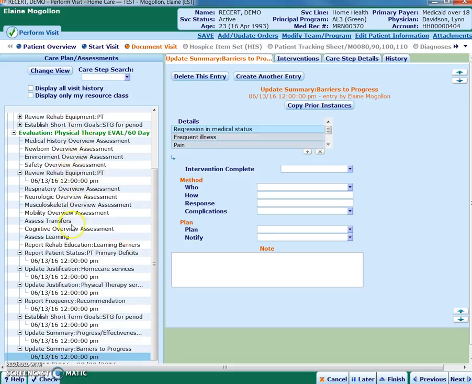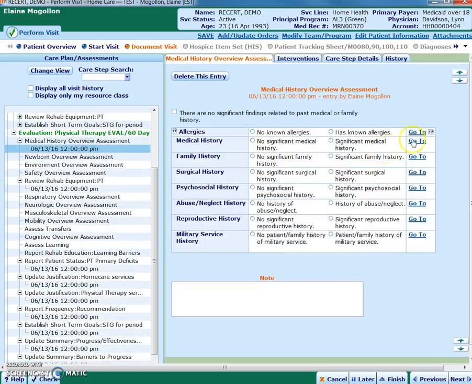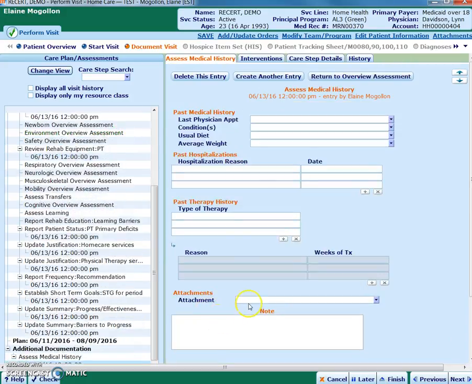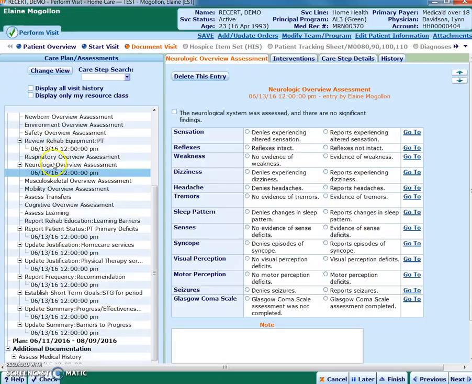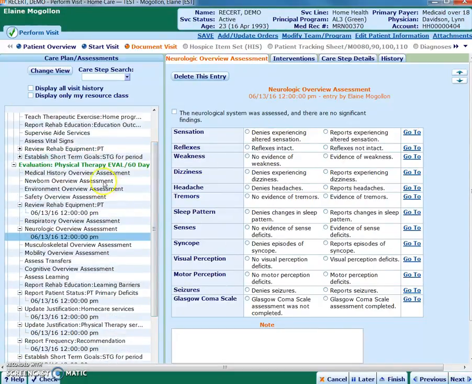All of the overview assessments are here and available for you to document on if there's been a significant change. If the patient just had surgery, you should come into medical history, hit the go-to on medical history, and put an update about what's going on with this patient. If the patient has had a significant increase in their seizures, you can document that on the neurologic overview. But if nothing significant has changed in any of the areas of the overview, you're not required to go into